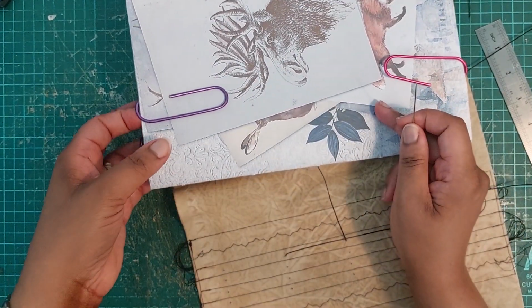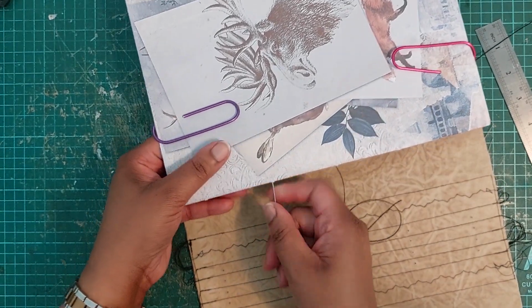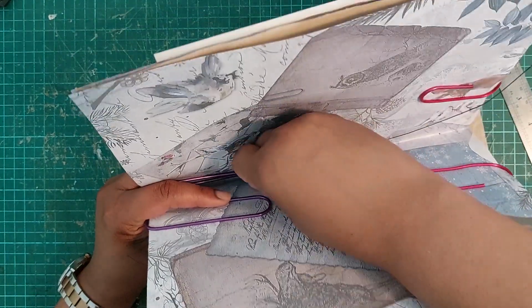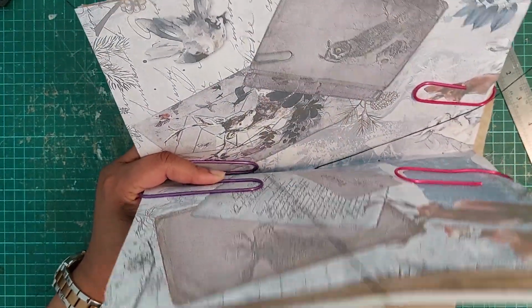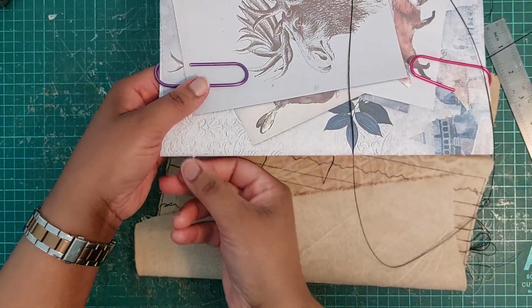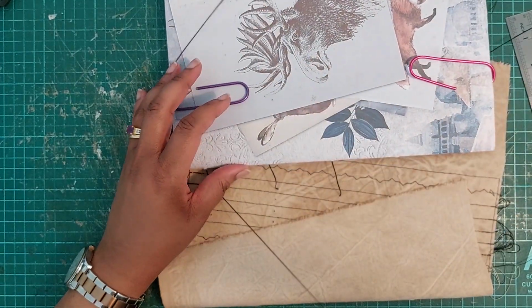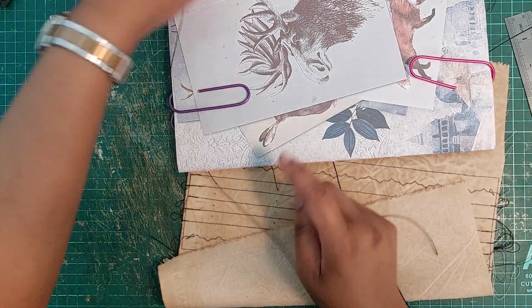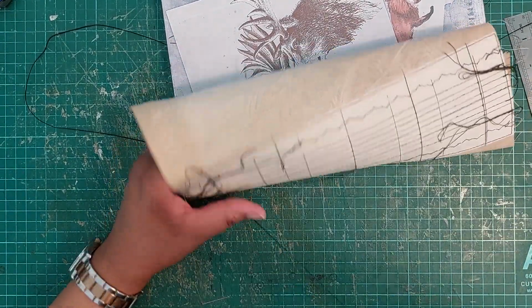I have to check if I'm in, you can see what I'm doing. Put it through here, take it out from here, pull out as much as you can, and then in the top, and then where are we? Here, here,